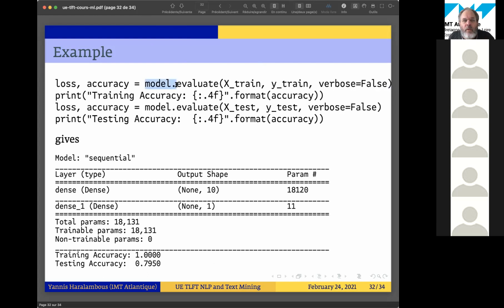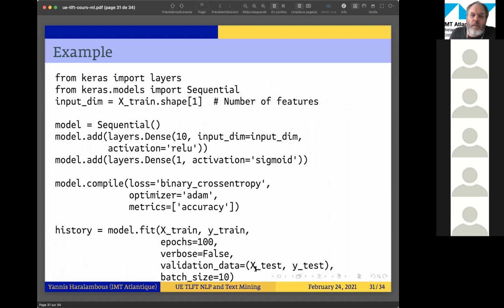And I can use the model to do predictions. And these predictions I can do on the training set, which is not a big deal, and on the test set. And ideally, one should have also another test set not used at all while training the model to do further testing. Because here, we're using the test data for validation.